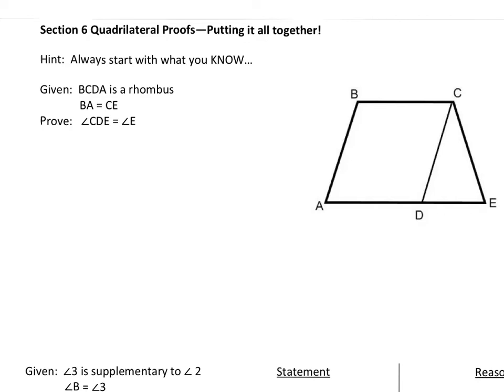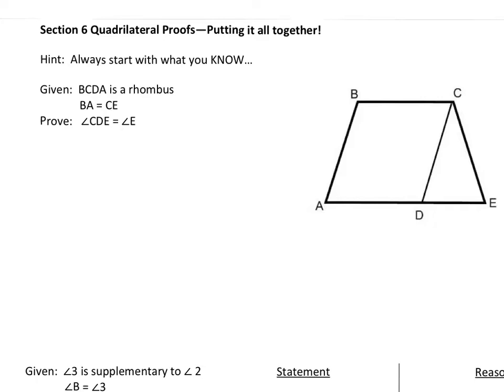Quadrilaterals, section 6. In this section, it's essentially all proofs. So we're taking all of the properties and definitions we've learned in the chapter thus far, and we're applying them to prove different figures to be different quadrilaterals. So all of this section is simply examples. I encourage you to try doing one of the examples on your own and then watch me do it